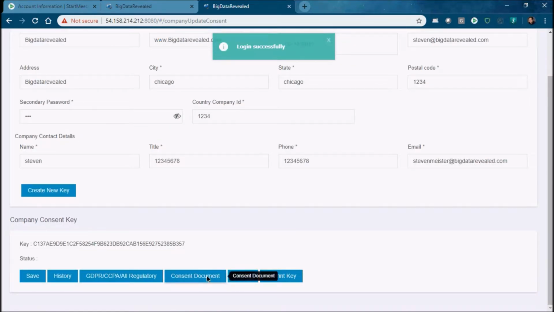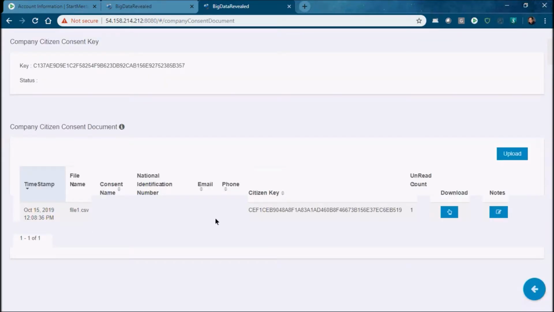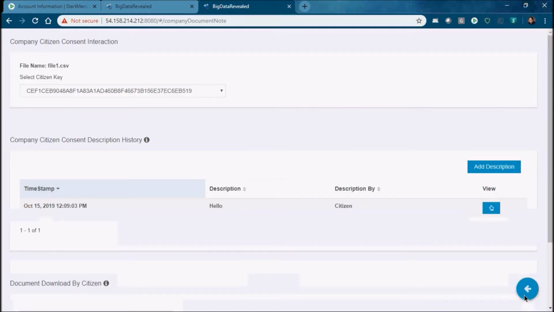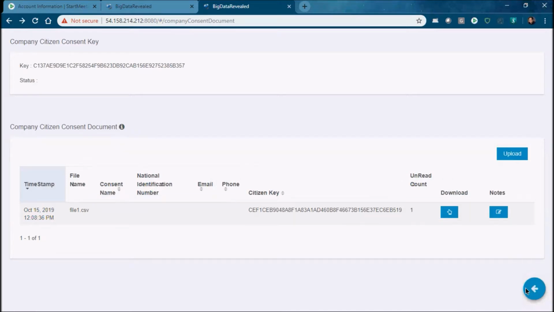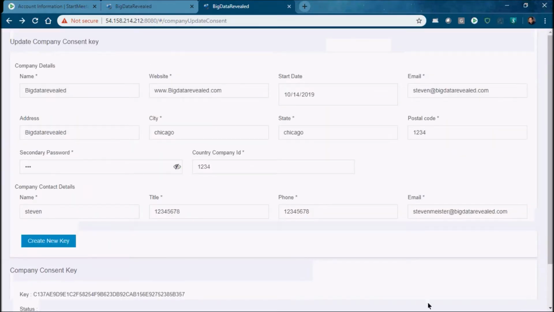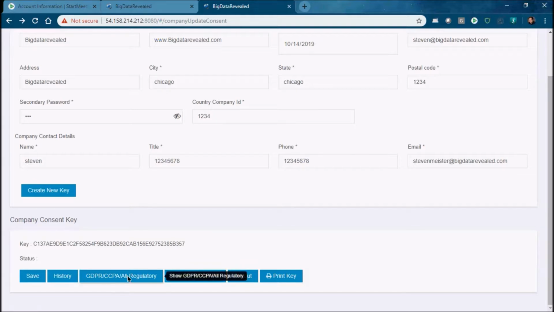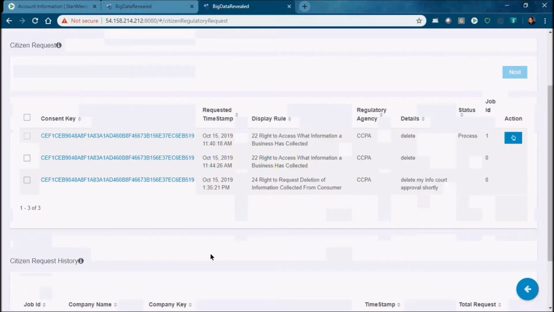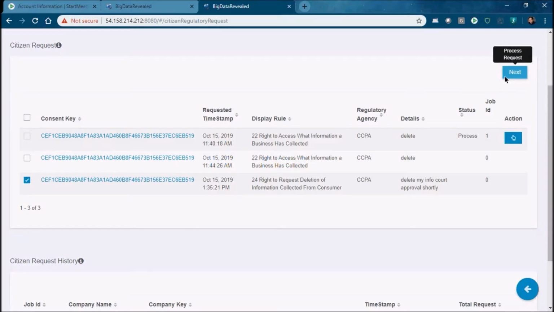So one, he can go in and say, okay, I want to see consent documents. There's a document. They can download it. They can look at the notes that are attached to it. So they've got their collaboration and communication. They can go into all the regulatory requirements and requests. So here we have a request, delete my information. What's beautiful about this is let's eliminate the human error. So by clicking on that and hitting next,